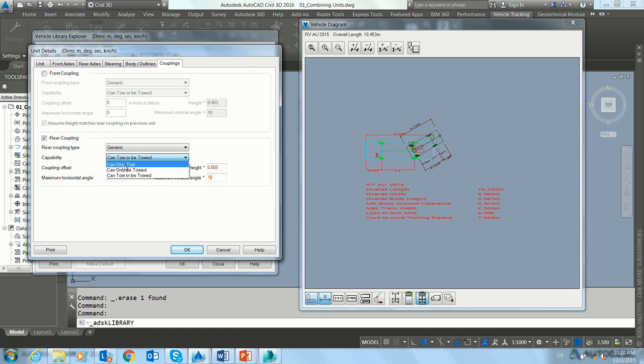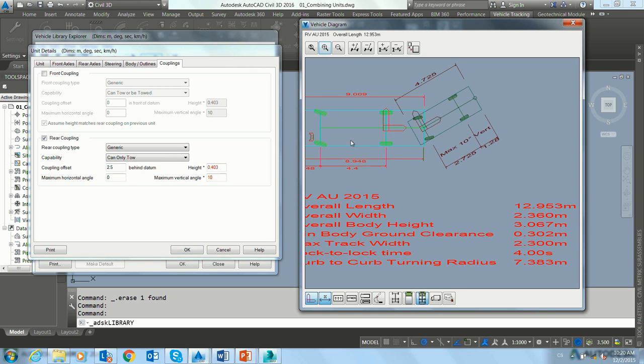So let's say this first unit can tow only, and what will be the coupling offset? It will be 2.5 meters. How did I come to this 2.5 meters? Here you have information